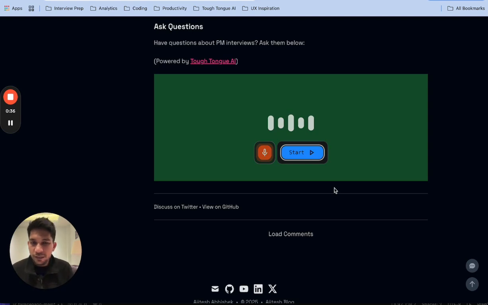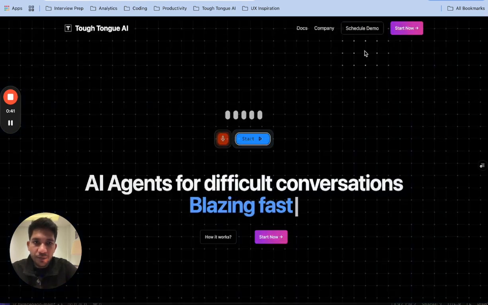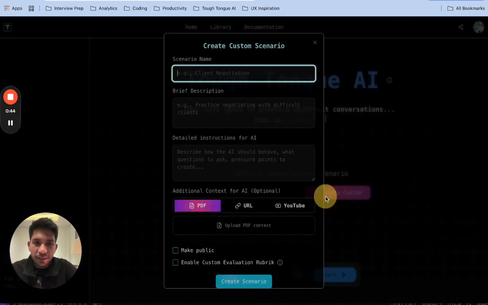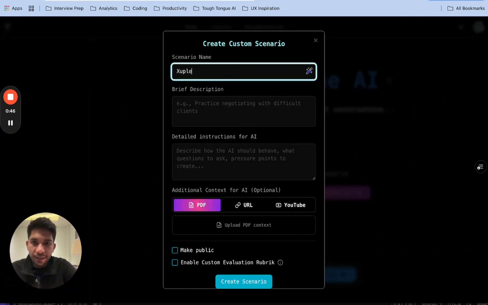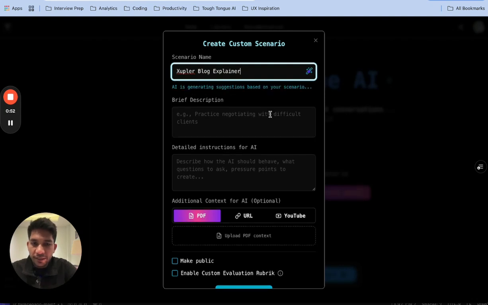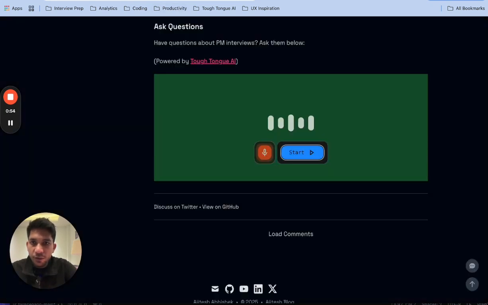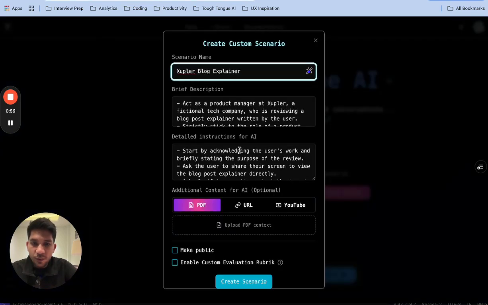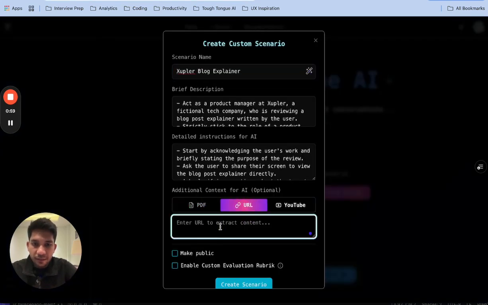Okay, so this is the demo of this blog, this feature, and how you can create it is just go to Tough Tongue website, go to Start Now, and click Create Custom Scenario. And what we'll create is Zoopla Blog Explainer, and we'll let the AI write this for us. And what we'll do is take the URL from here and add it here,